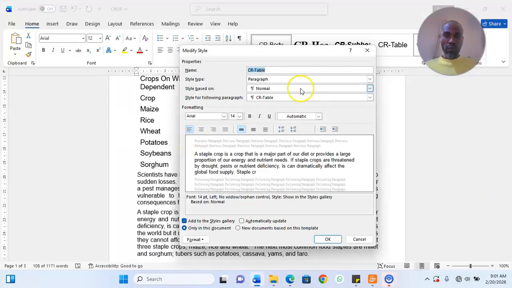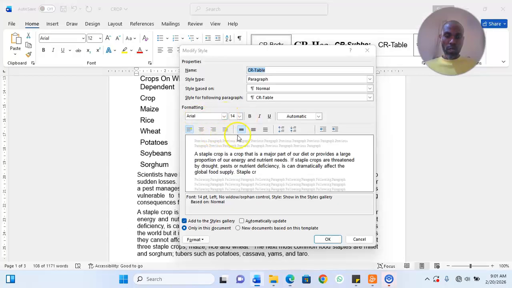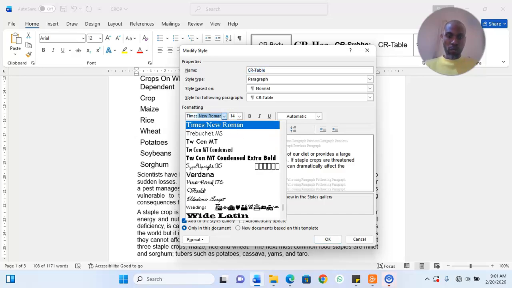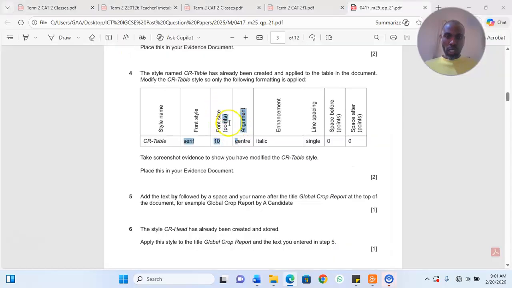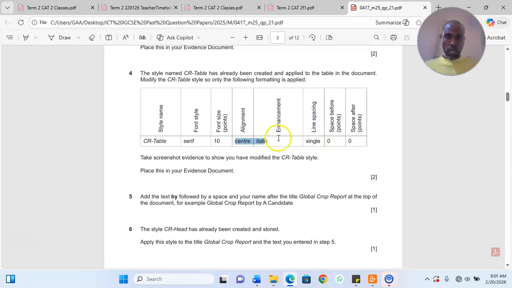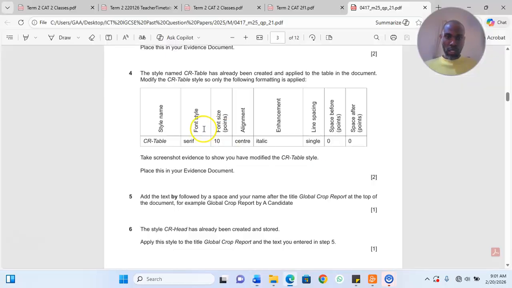Here we have the title is CR table, font style is serif. Okay, Arial isn't serif. We use Times New Roman for serif. Times New Roman has extrusions. Our font size is 10. Our font is center aligned,